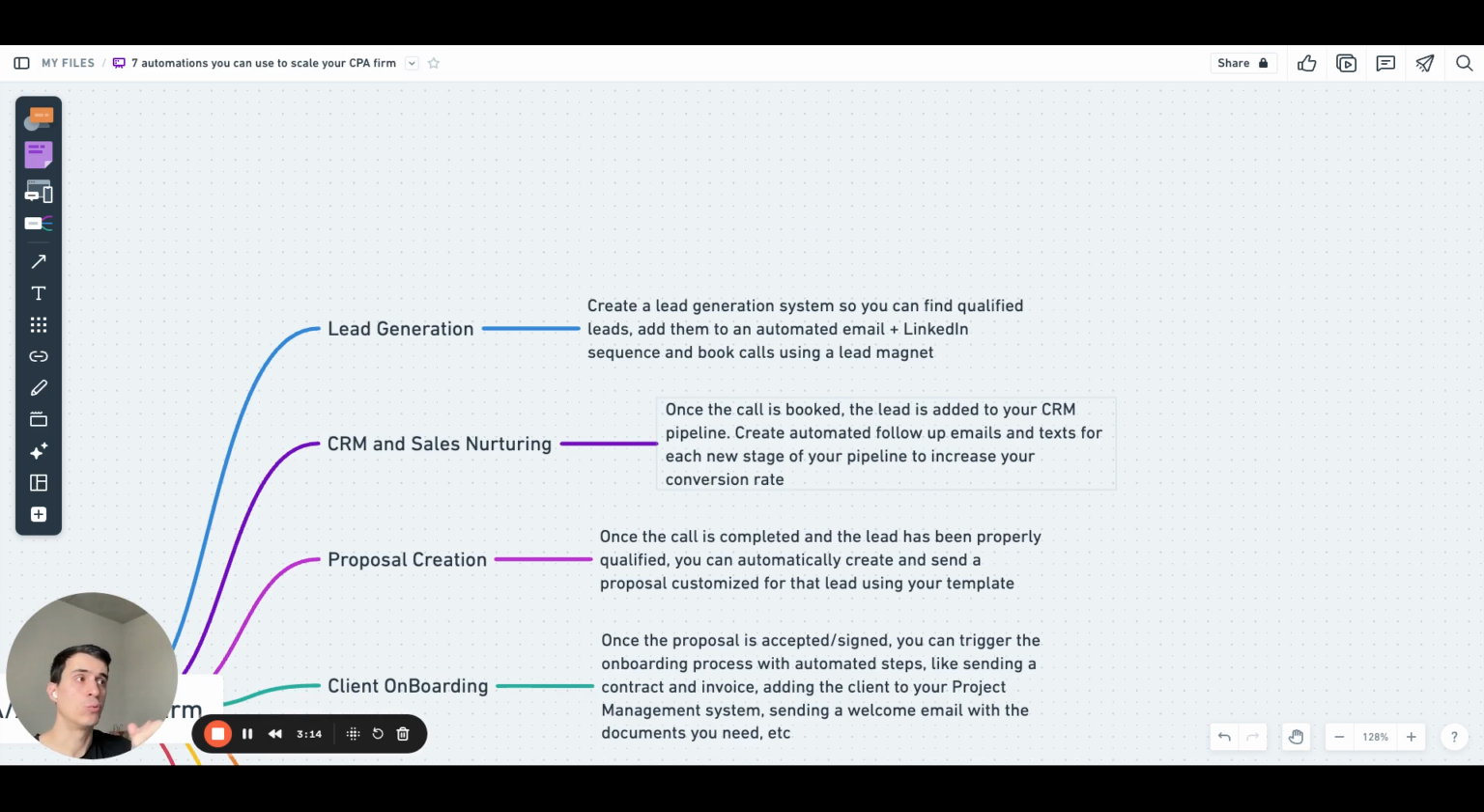Okay, so then of course, once the call is booked, that lead will be added to your CRM automatically. And then once you start moving that lead, that deal into the different stages of your CRM pipeline, then you can start triggering automated follow-up messages. So you don't need to keep remembering to follow up with that lead, to follow up with that deal. And sometimes that's the whole reason why you are not closing more and more deals, right? So you can create an automated sales nurturing sequence to keep sending new messages, new emails to your leads throughout